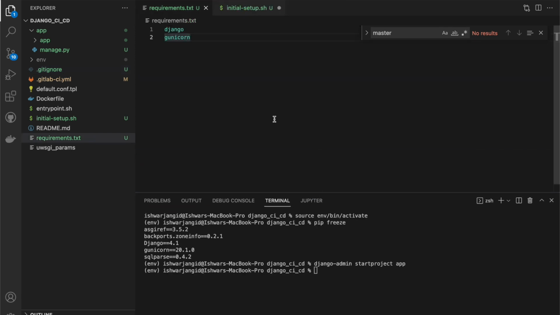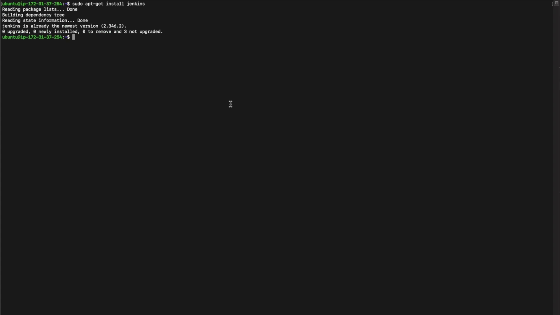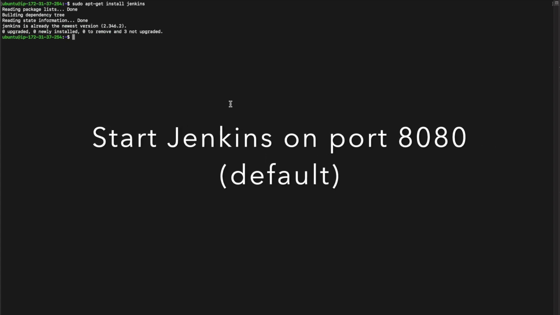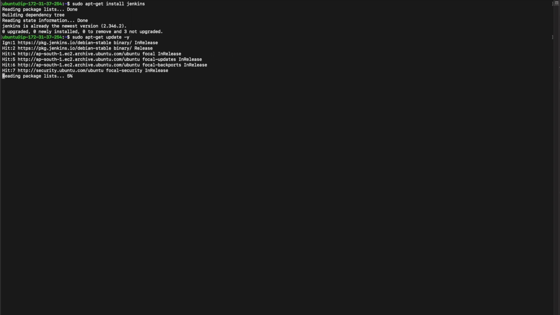Now what happens is, we have this thing installed, we have our sample project. So now here what we will do is, we will write sudo apt-get update once. So let's do it, sudo apt-get update, and after that we have to run the daemon. So first for that, sudo systemctl daemon-reload, then systemctl start Nginx, because we have already installed Nginx, I think, or we can just start Jenkins for now,